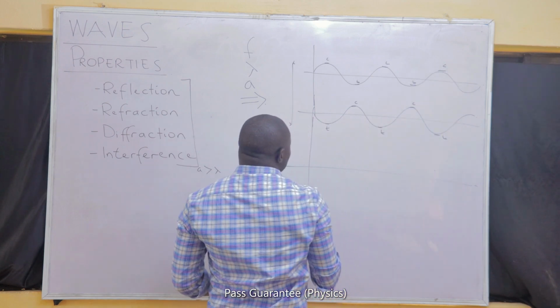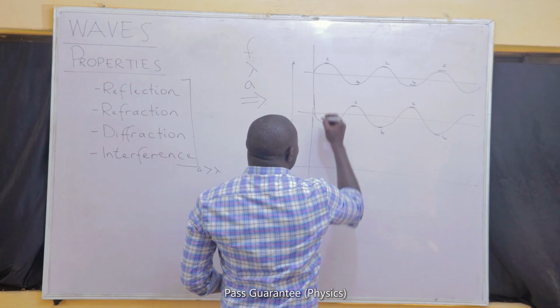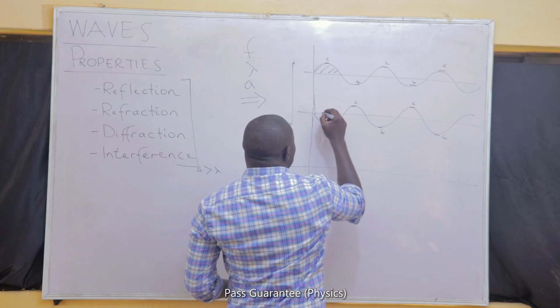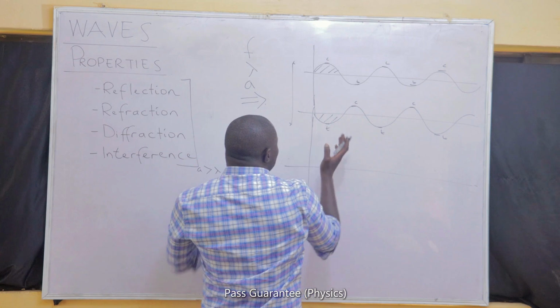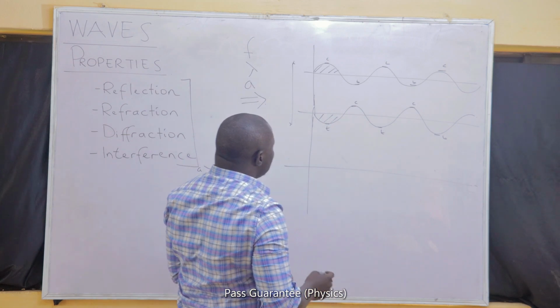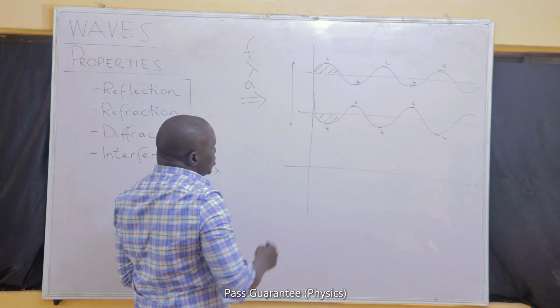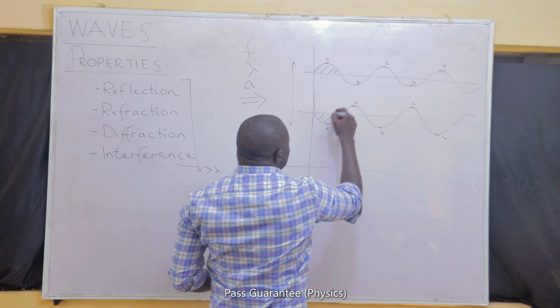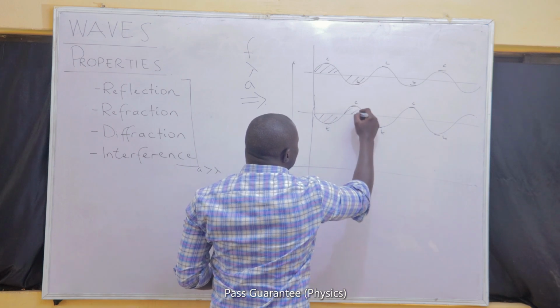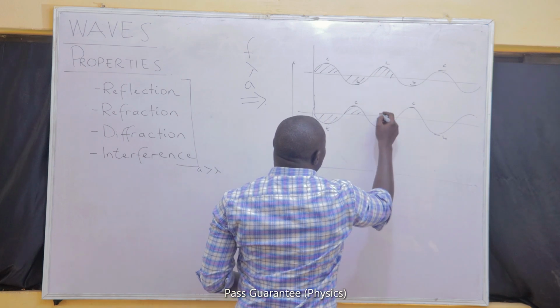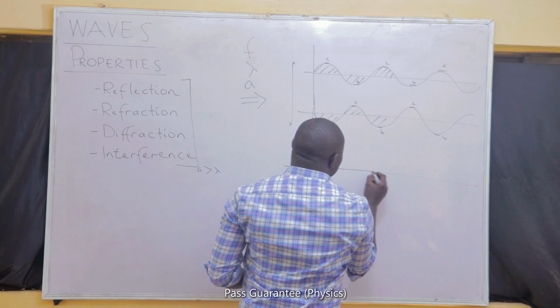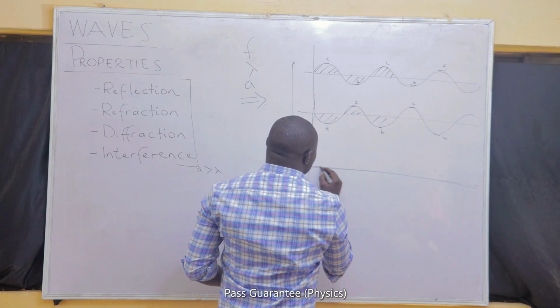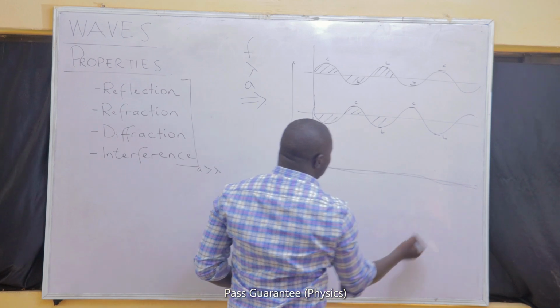If they combine as such, it looks as if the crest here will cancel out the trough, because the two of them are opposite in pattern. So they will cancel out. They are not like parts. The trough here too will cancel out the crest. The crest here will cancel out the trough. So ultimately you have no wave, or a wave that is almost not visible at all.